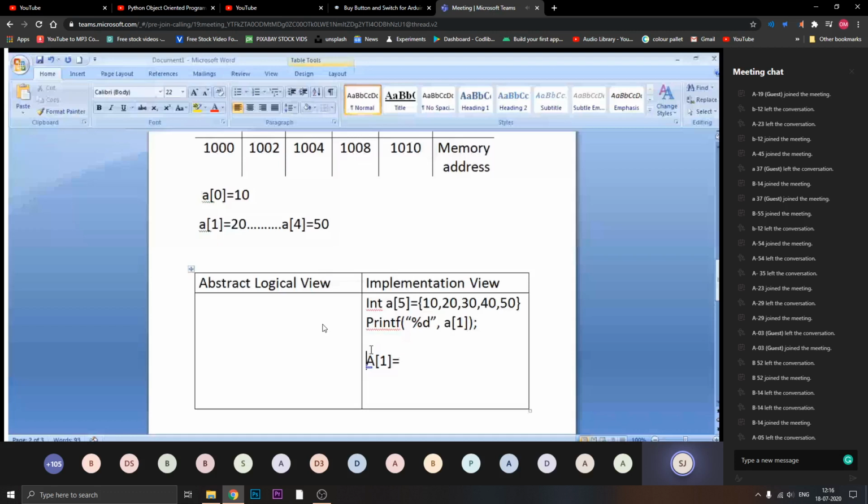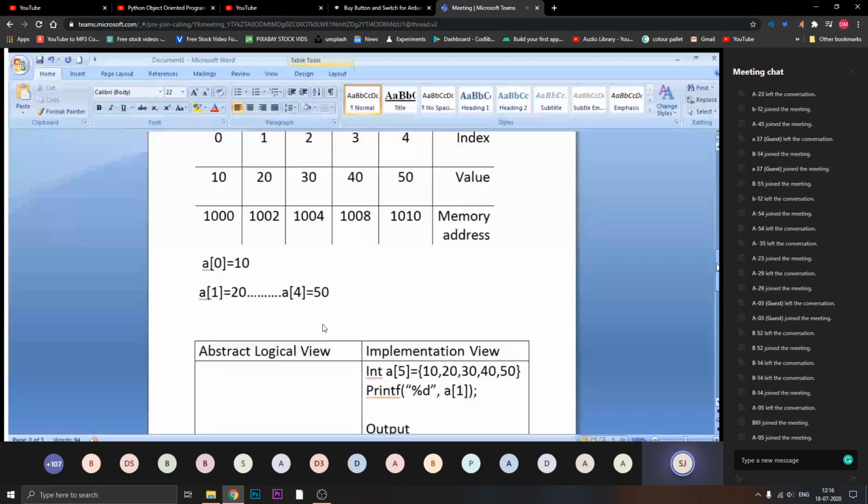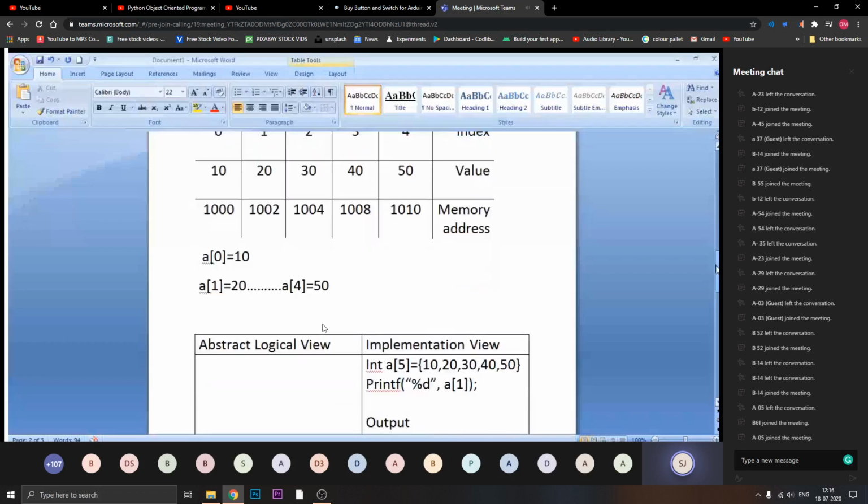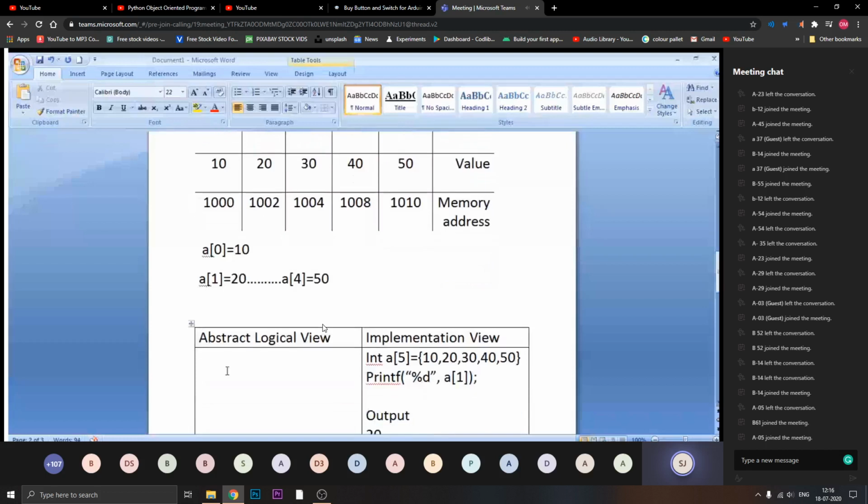In the abstract or logical view, if I want to give the information about this, I can write: store a set of values, elements of int type.